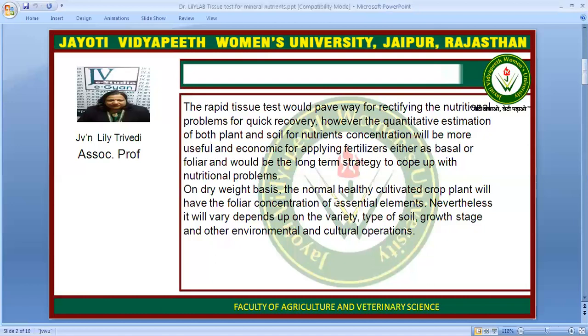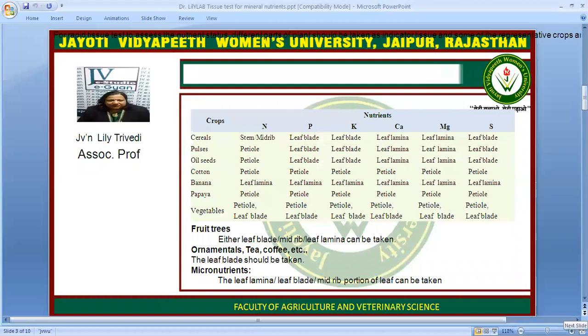Now, on dry weight basis, the normal healthy cultivated plant will have a foliar concentration of essential elements. This will depend on the variety, type of soil, growth, and other operations. Now, what happens when the plant has a deficiency? It shows some symptoms, as we have already discussed. But if it is not showing the deficiency symptom, we can individually test the tissue of the plant